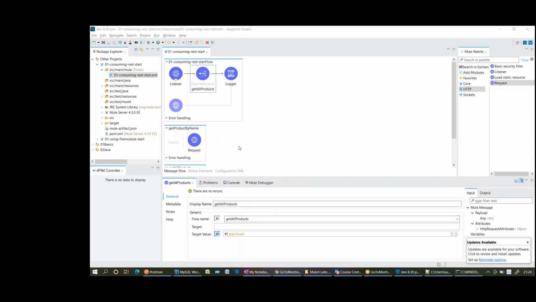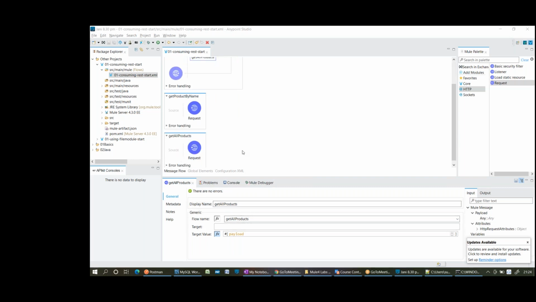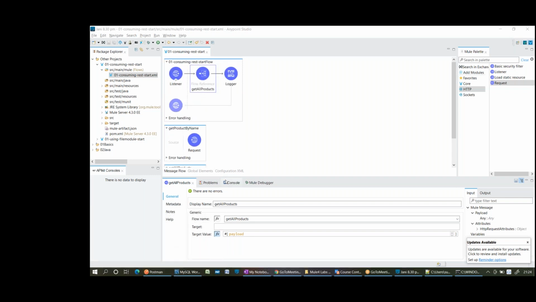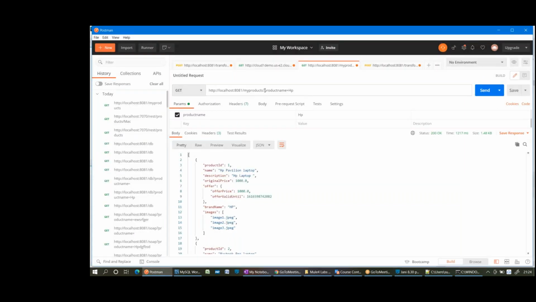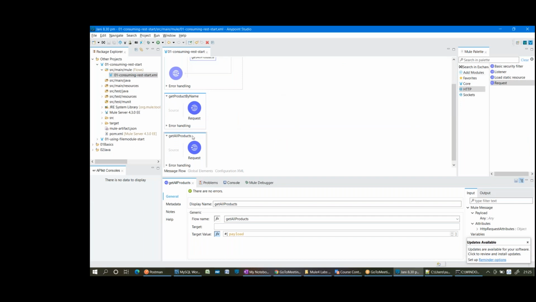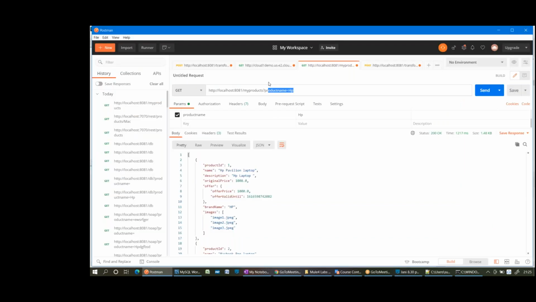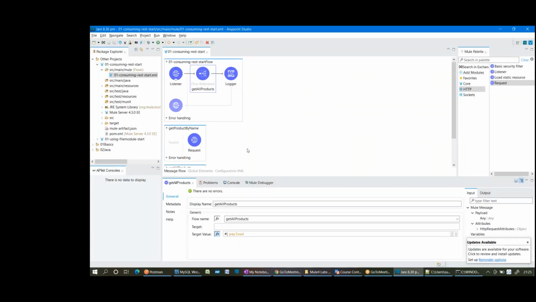Get product by name. So, get all products and get product by name changing frequently, is it a good practice? No, right? I want to route a particular request based on the incoming request. That means based on the incoming request, I want to route it to either get product by name or get all products. If my client is passing the product name value, it should go to get product by name. If the client is not passing any value, it should go to get all products. What type of condition can I write, and how can we route that request?